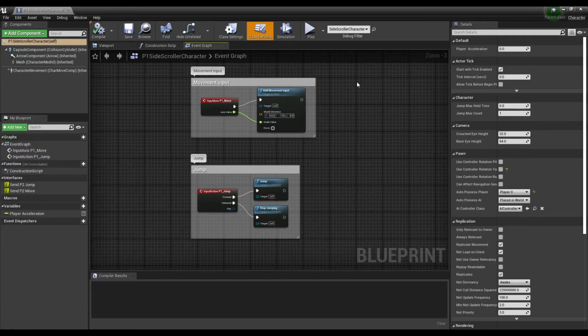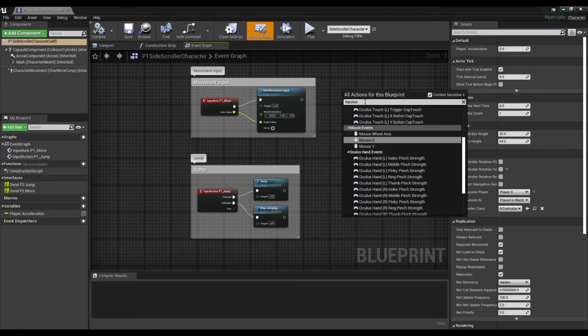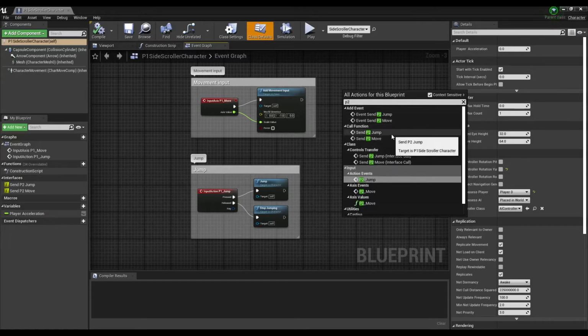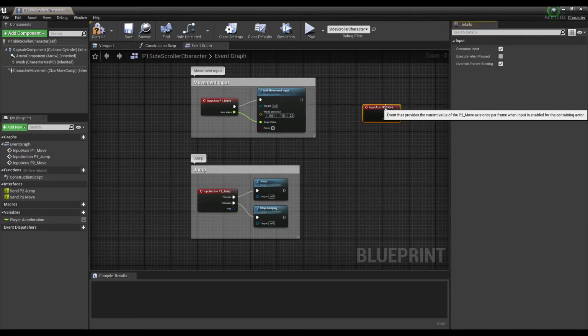And we can do that by just searching for our input axis. This time we want to find Player 2, and we want to find our Player 2 move input axis, and we want to send that to